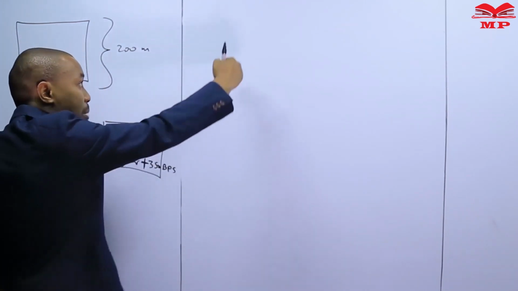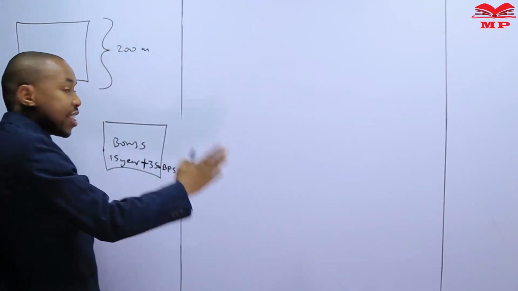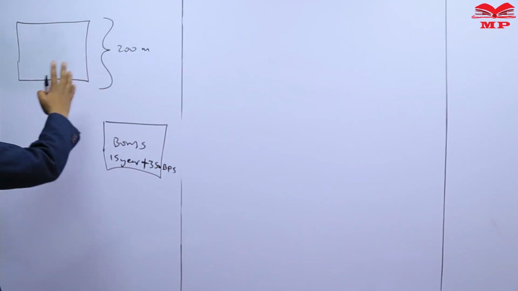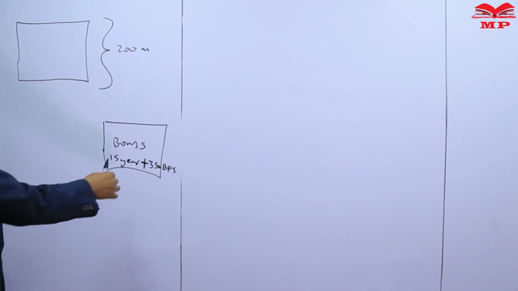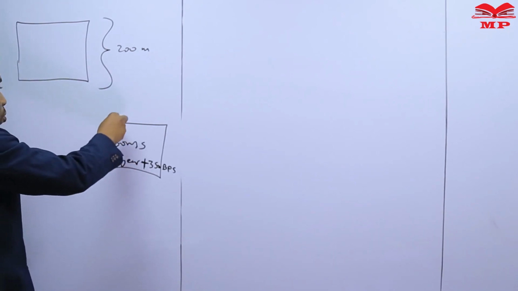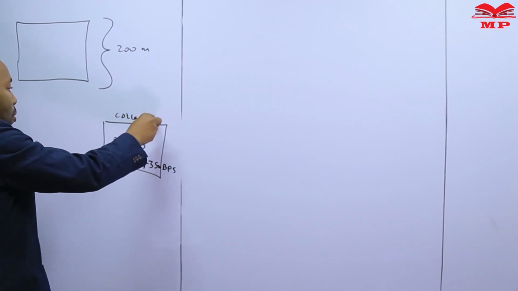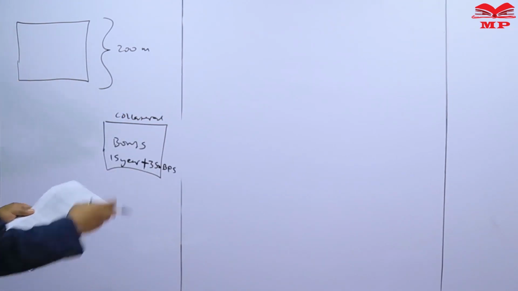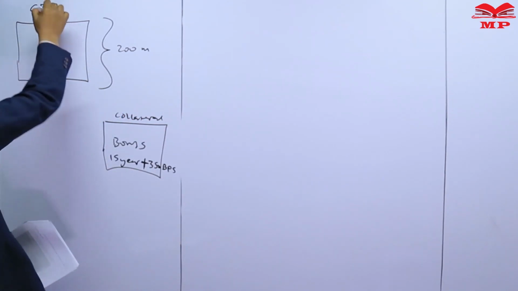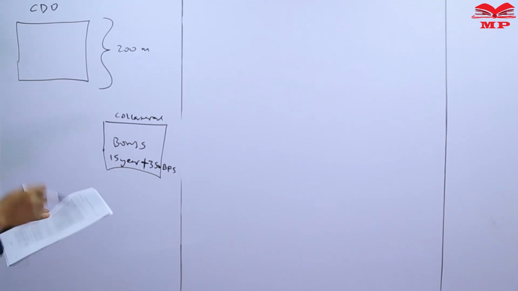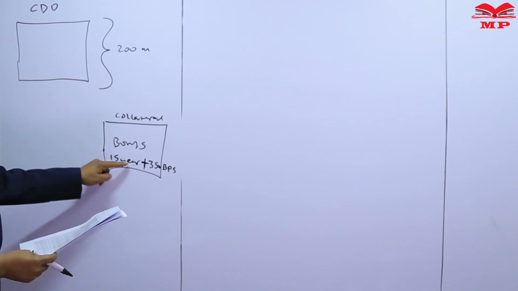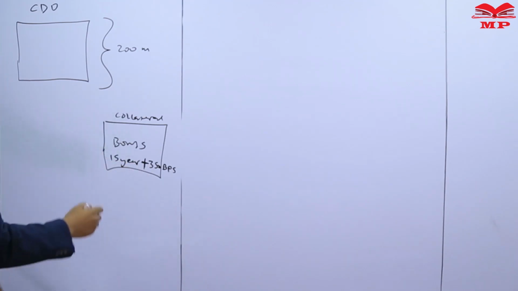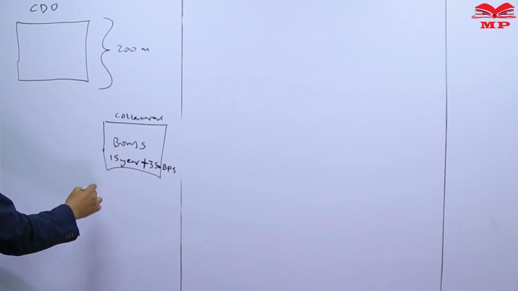Now, the computations, I'll be able to begin them on this side. I just want us to understand how we are trying to break down this structure. The bonds, or this is the collateral, and this is the CDO, or collateralized debt obligation. Since it consists of bonds of 15 years to maturity plus 350 basis points, what we need to understand is that 1